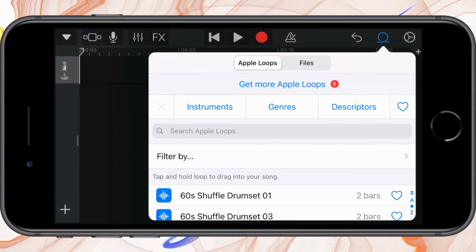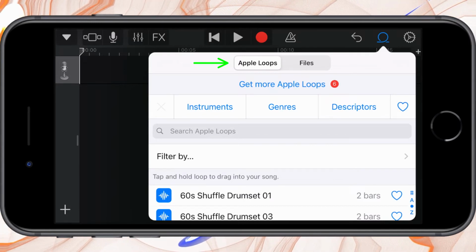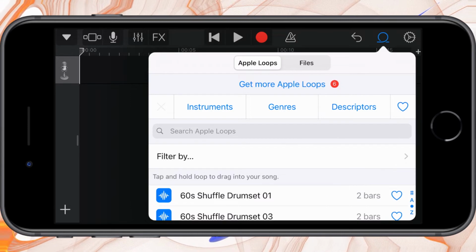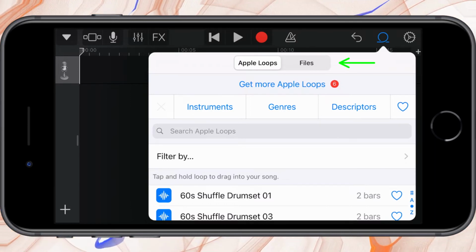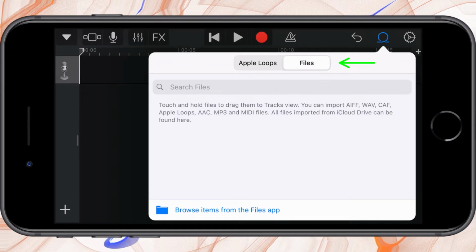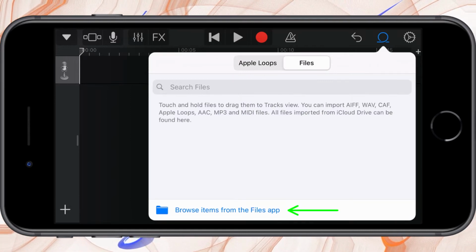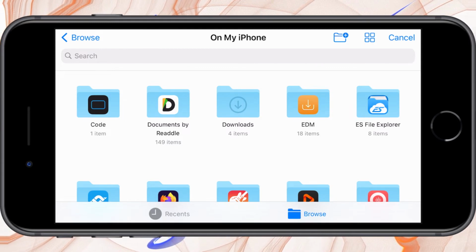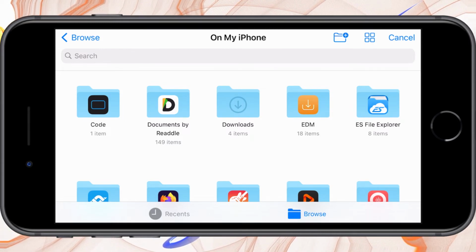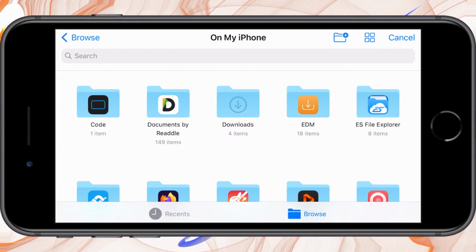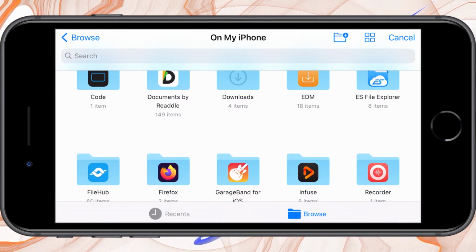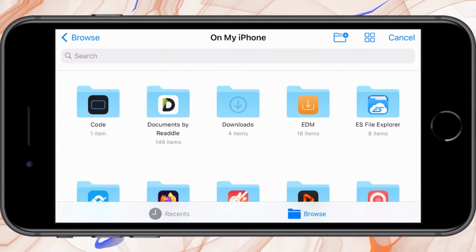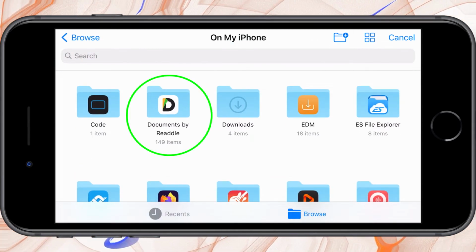Now here we have two options. The first one is for Apple Music. If you have Apple Music account, you can do edit here in this tab, but I don't. So click the files and then click on browse items from the Files app. And here in this part, if you have already downloaded this app like Files Hub, Documents and so on, you can directly open your files here from your app. Because I have saved my ringtones here on Documents, I click on it